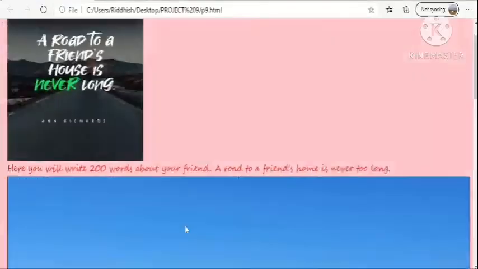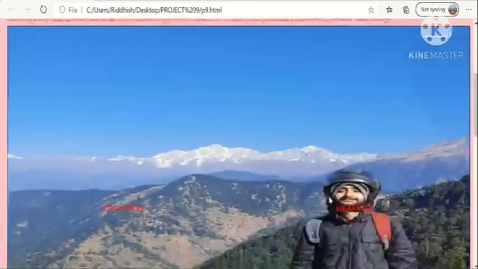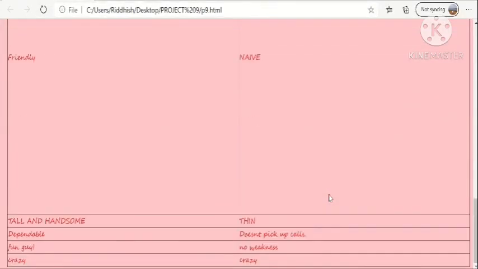So we are almost done with the table creation, and we can see strengths and weaknesses.